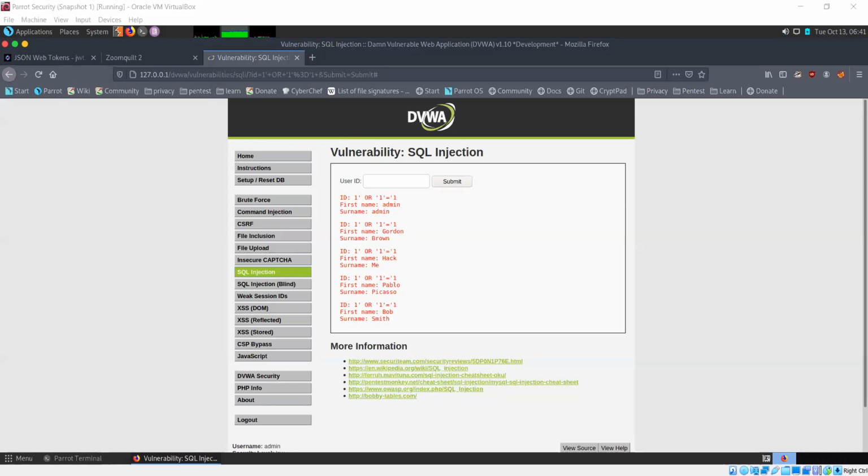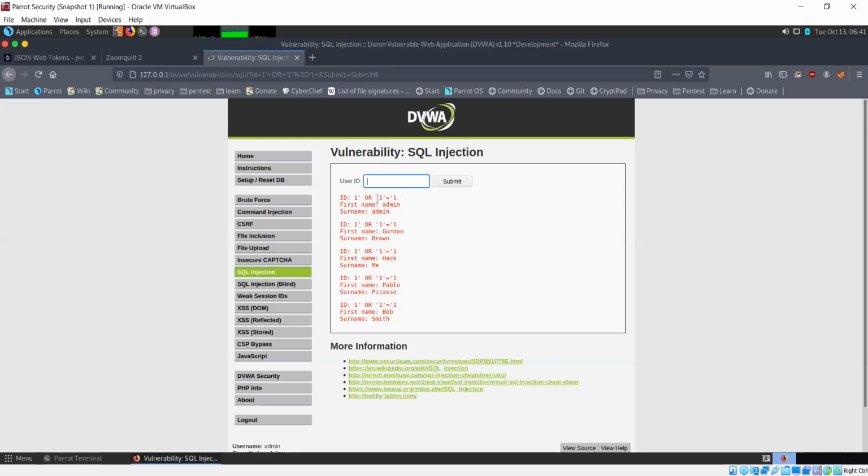So why this statement, only 1 or 1 is equal to 1? Why this statement? Actually, I'm not bound to just use this statement. After the or part, I need to specify something that's true. Instead of 1 is equal to 1, you can say 2 is equal to 2, 3 is equal to 3, 0 is equal to 0, whatever you want to say, because that is always going to be true.